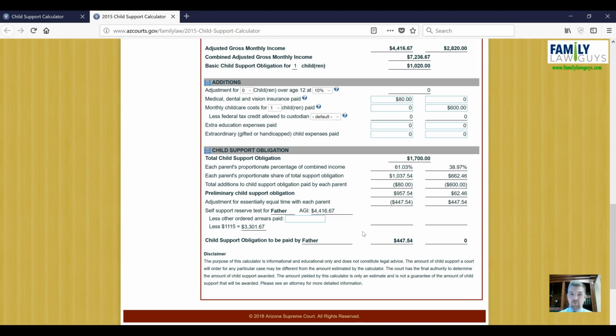The counterpoint to that is that if you've got a parent that's not really a good parent for the kid, or shouldn't really be spending as much time as they would otherwise in the way that they're fighting for it, then maybe that's not as good for the kid. The corollary to that is that theoretically that should be getting worked out by way of the parenting plan. So the court is supposed to be taking into consideration all these other factors in terms of what's good for the kid and what is indeed in the best interest of the kid. At any rate, enough of the commentary about that side issue, but that is one of the major things that